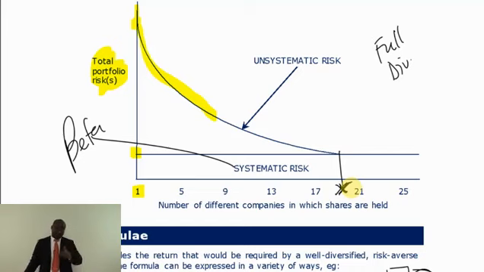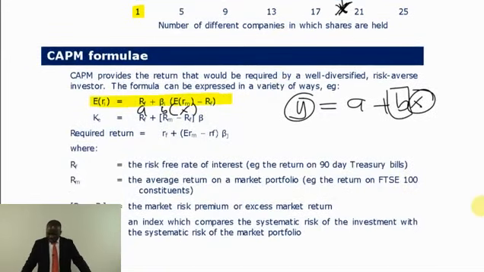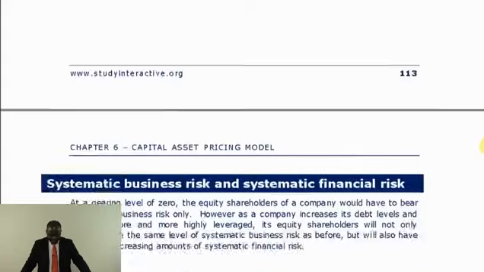So CAPM is criticized on the assumption that you can assume only systematic risk; there should be some element of unsystematic risk. So investors should not be concerned only with systematic risk. They should also slightly be concerned with unsystematic risk, because this is theory. You cannot get a fully diversified portfolio. At what point can you say I have eliminated all this unsystematic risk? It's not possible. So that is what they want to test you there.